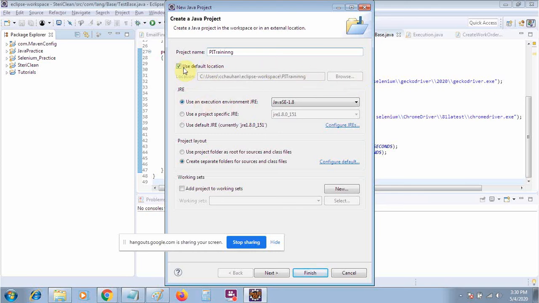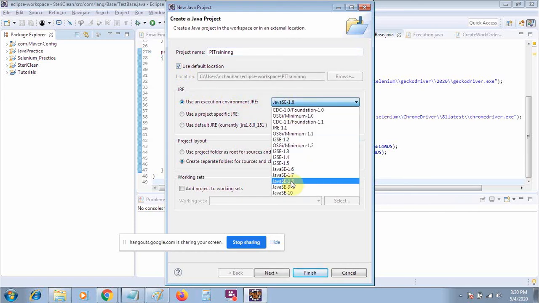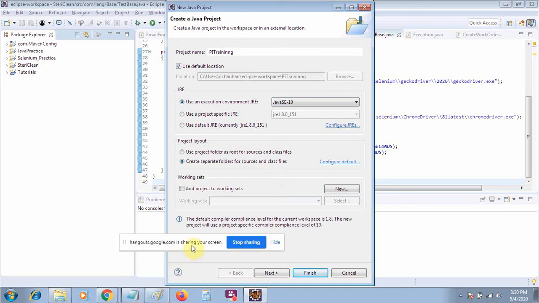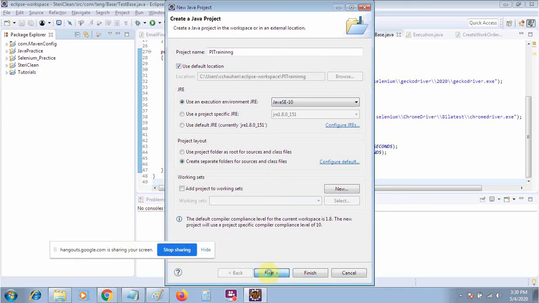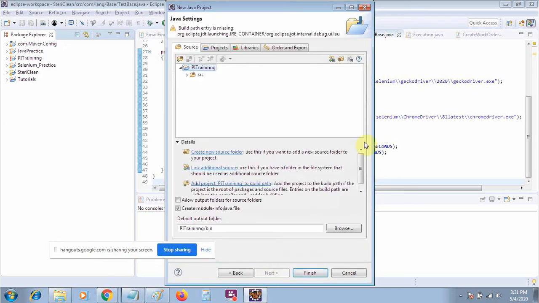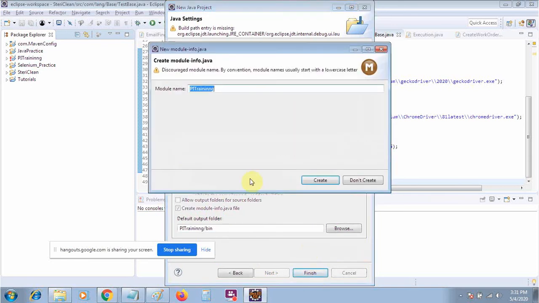For the timing I'm taking it as default. If you want to change the location, you can change it from here. Also remember, here should be the most updated JRE version like Java SE 1.8. Now all the things remain the same. Now let's move on to the next. You will come to this one. Let me finish this one, I will explain it to you.